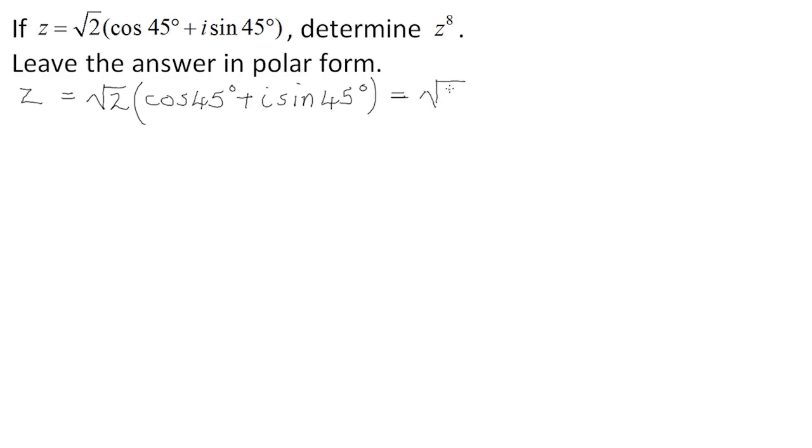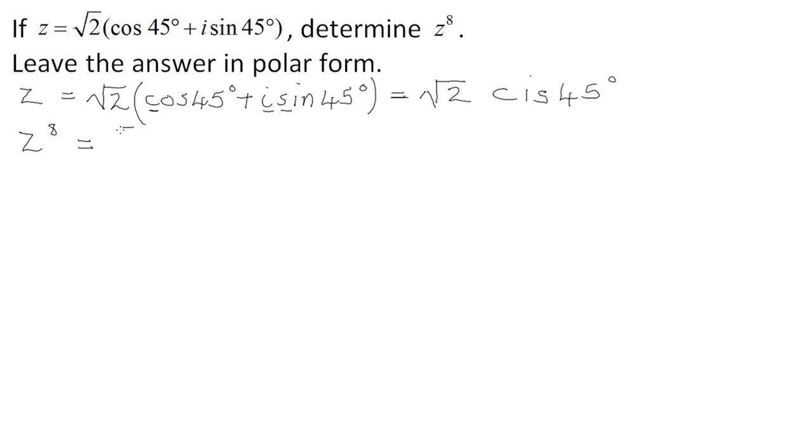Remember earlier on? Cis 45 degrees means exactly the same as that, and it's important to note that. Now I'm going to solve z to the power 8, and it's much easier to write it in this form,